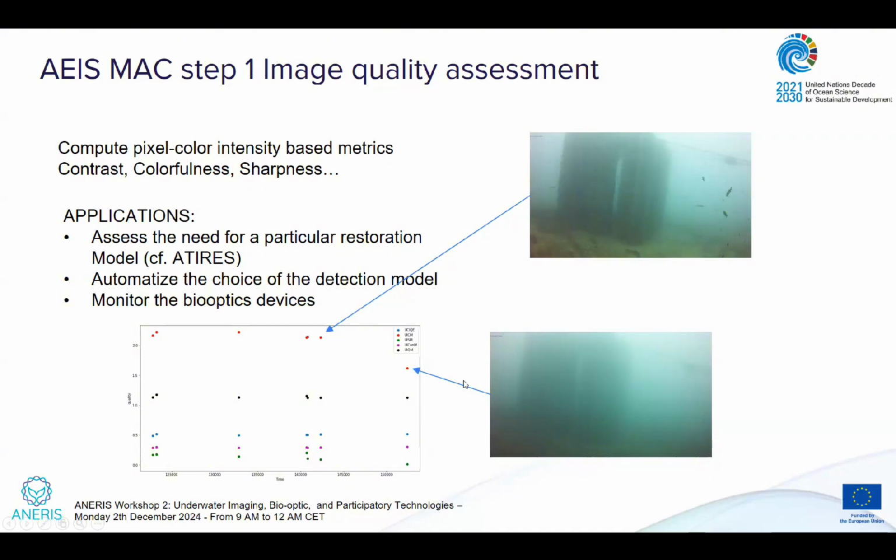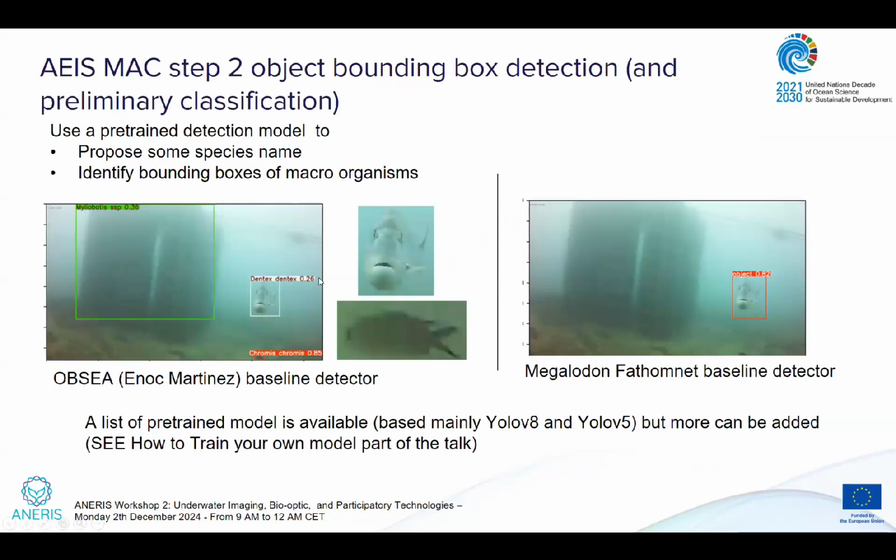But you can see the difference. So that could be super useful also maybe to monitor the quality of images getting. So then the next step after this quality estimation and potential denoising using ANERIS, which is not done on these images here,